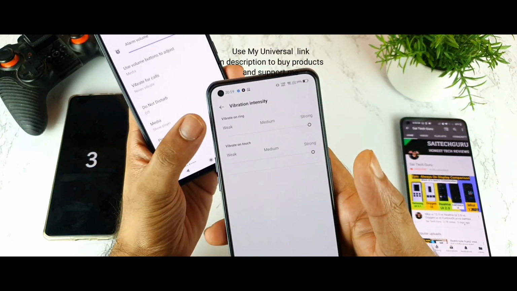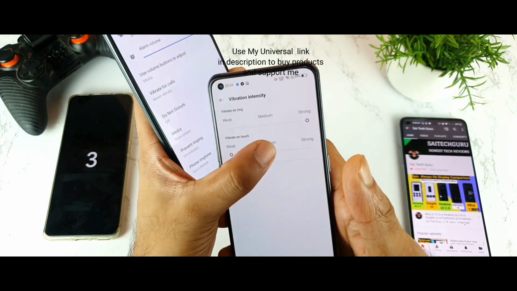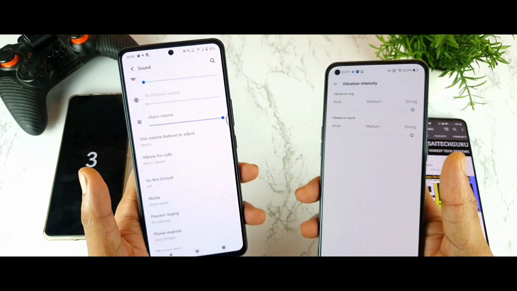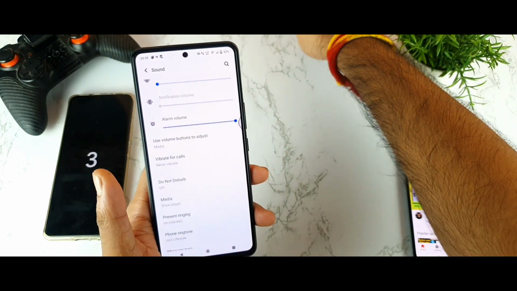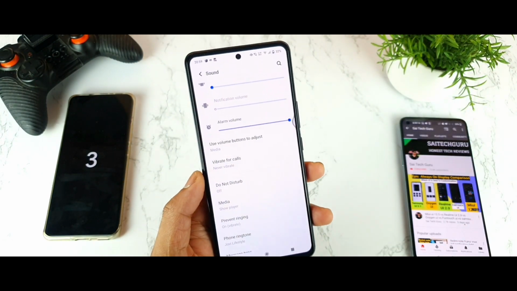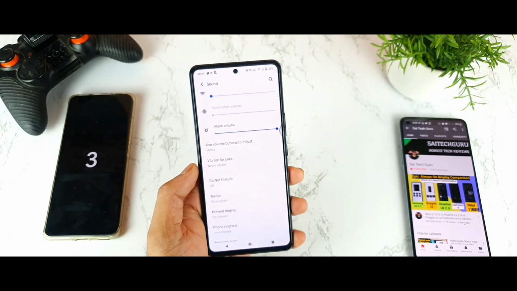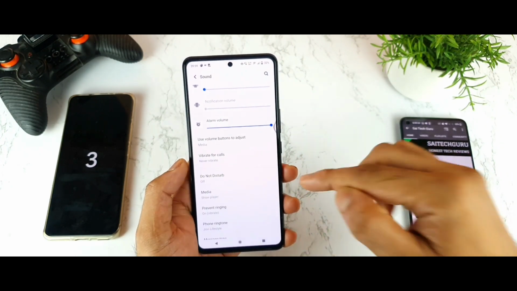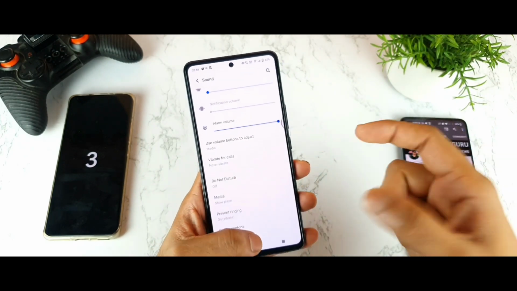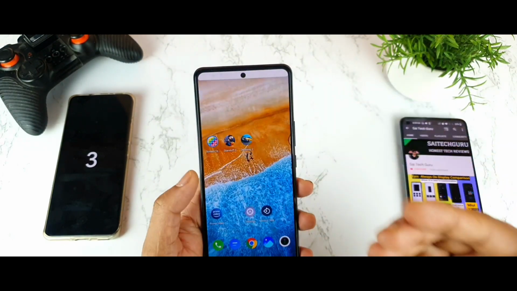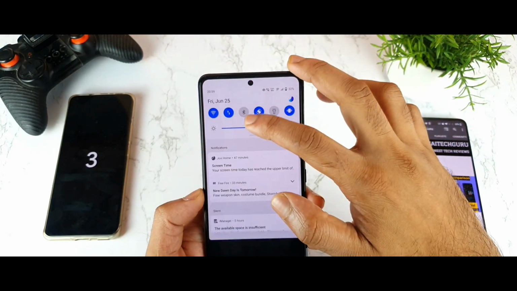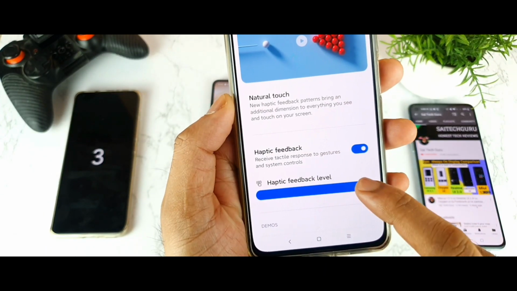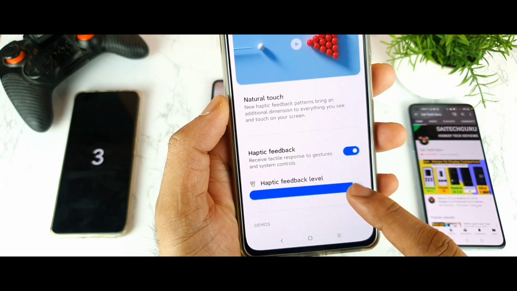In the Realme UI, you get this kind of vibration setting, as you can see, where you can select weak, medium and strong. Just these 3 options would be completely fine in this iQOO 7 device, because some people don't like strong haptic feedback. Some people like strong haptic feedback, but the control should be with the user. Not by default, it should be the user's choice how much haptic feedback you want to select. That would be really great to have in this iQOO 7 smartphone. In some of the Mi phones, they also have this kind of haptic level control.